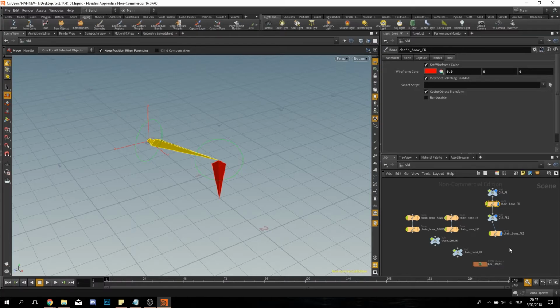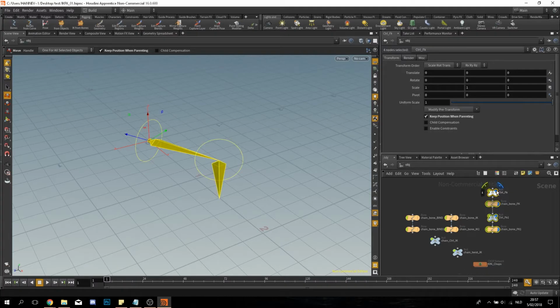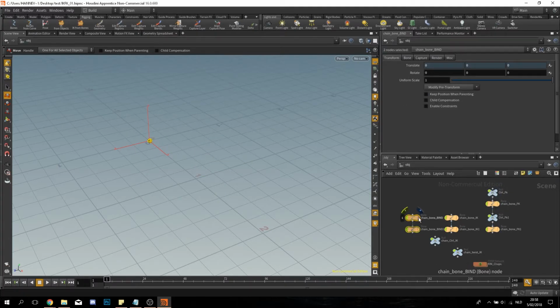And the FK is done. Now we will start constraining the binds to the IK and FK.